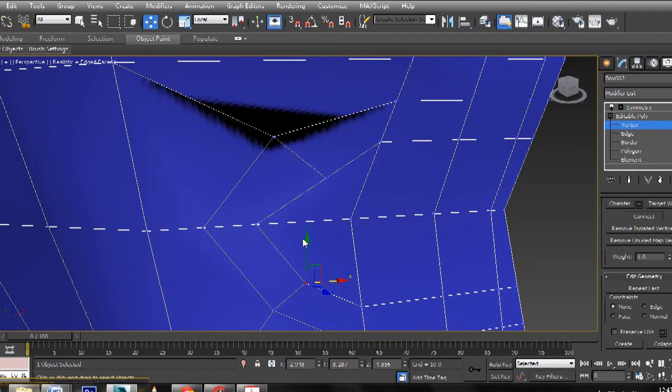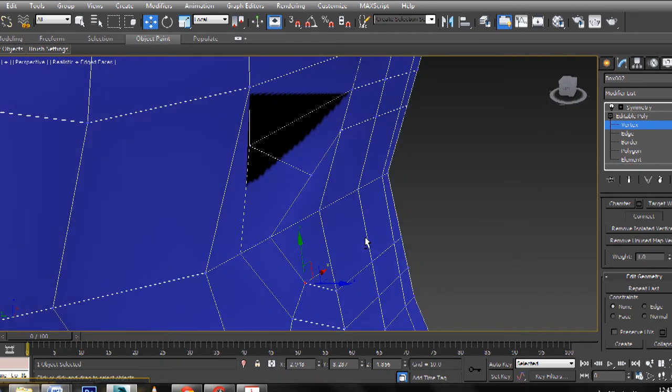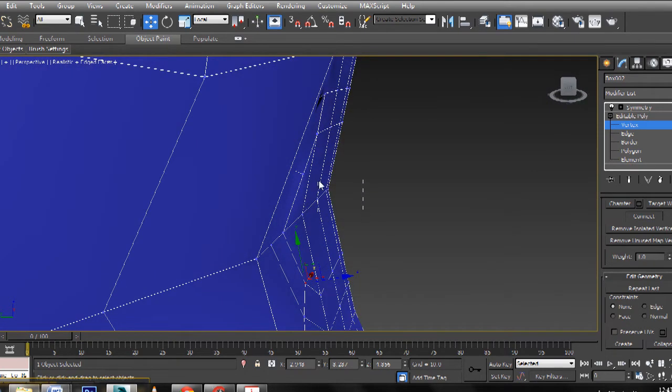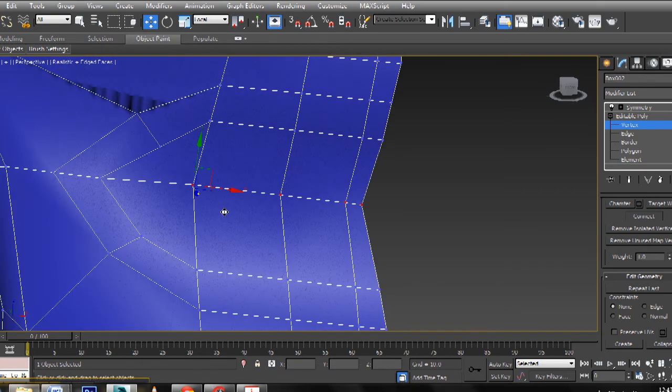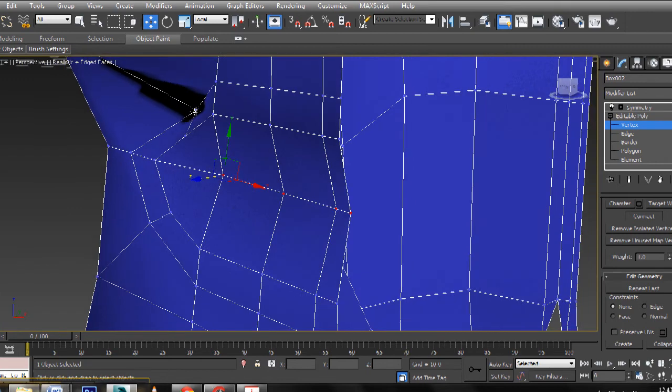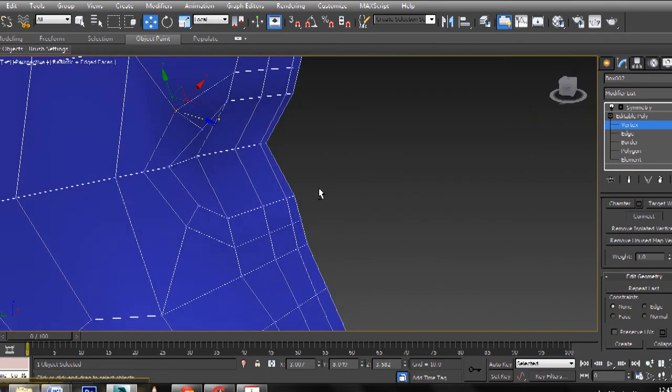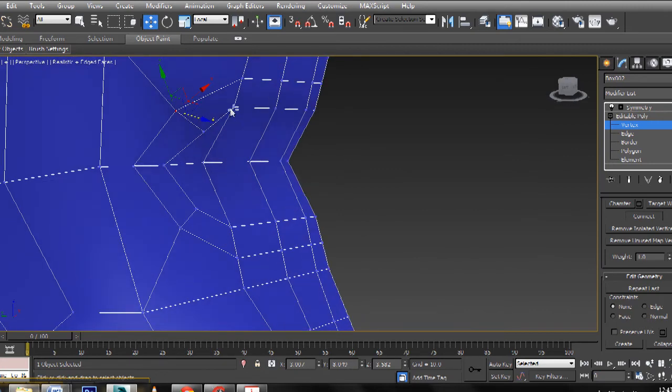What we're going to do is select these vertices on the inside here. We can push these back in again. Let's fix that one. And now we have this basic shape of the mouth that we're going to play with. So